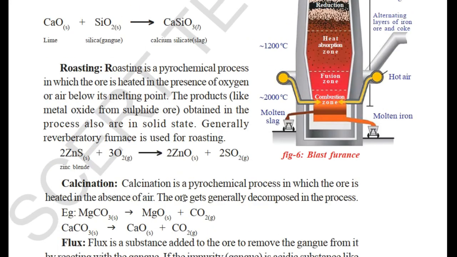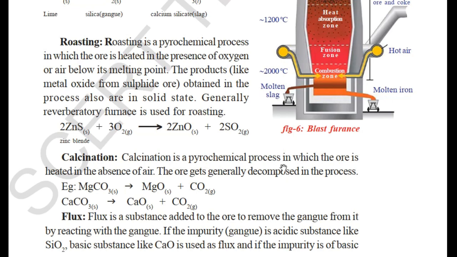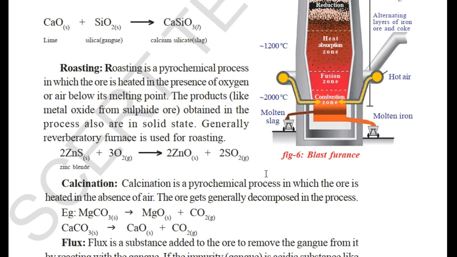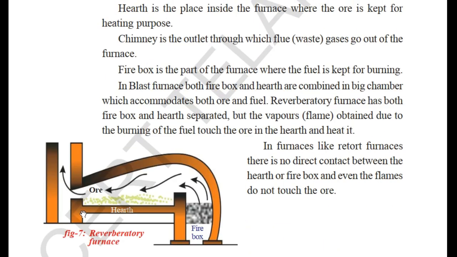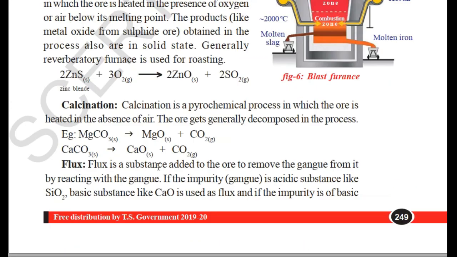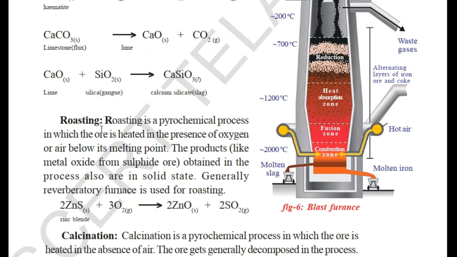Calcination is also a heating process in which the ore is heated in the absence of air. Both calcination and roasting are heating processes, and both are carried out in a furnace. This is a blast furnace, and on the next page you have a reverberatory furnace. They will be using the reverberatory furnace or the blast furnace, but the roasting process is done